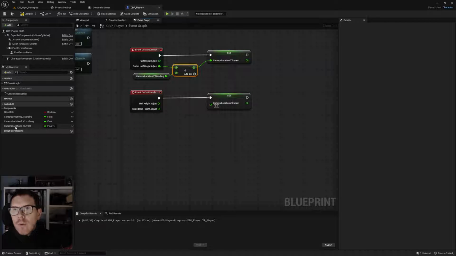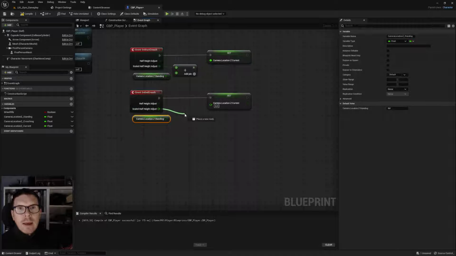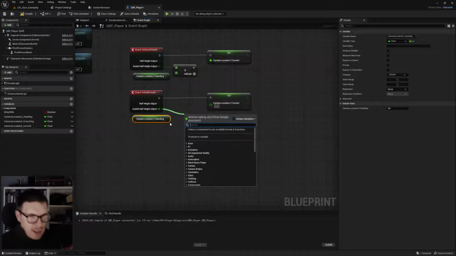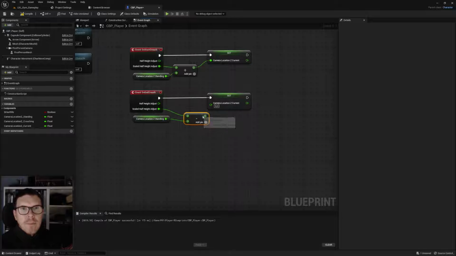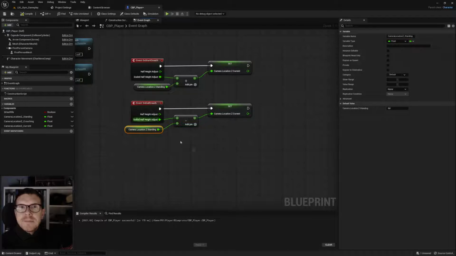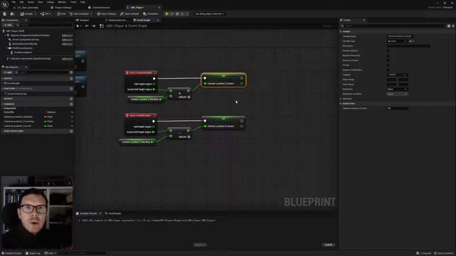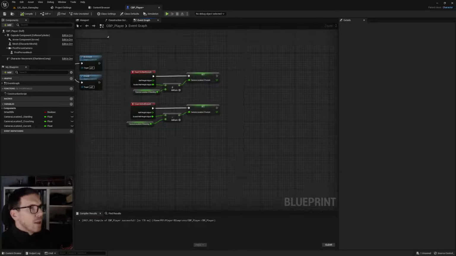And for the on end crouch, we're taking the scale and subtracting, and setting that one to the current, snapping it to the correct position. So this is the prelude of it. These are just to save the new positions, and now we will get to actually interpolate between the positions,